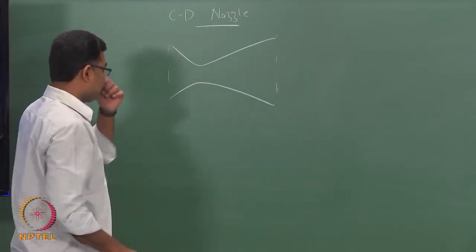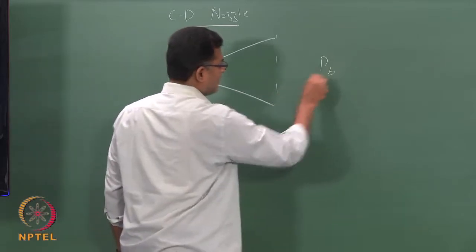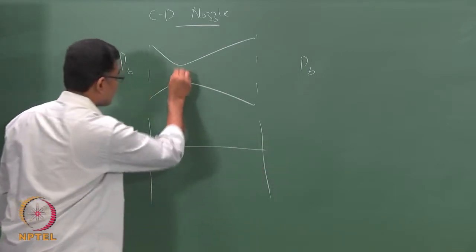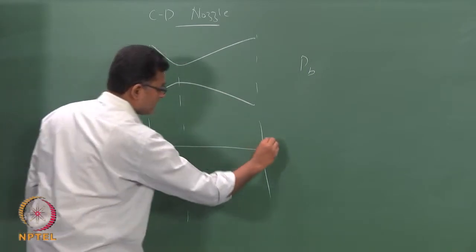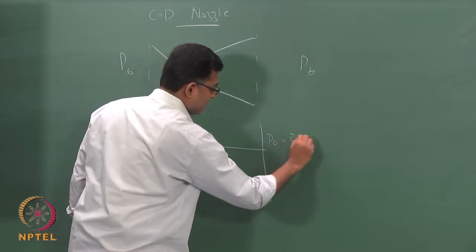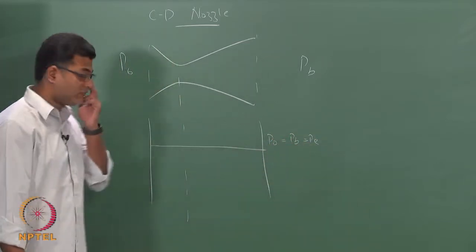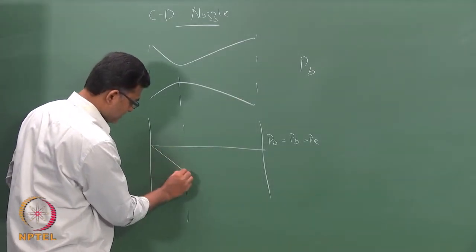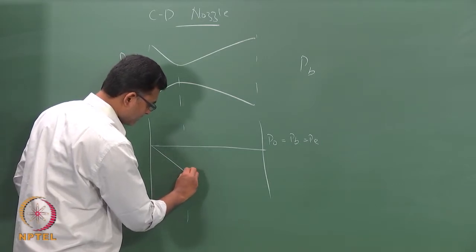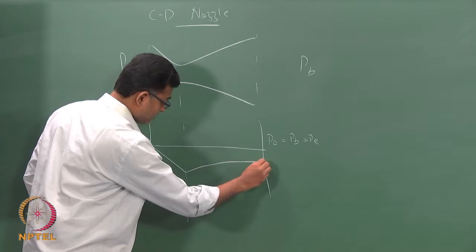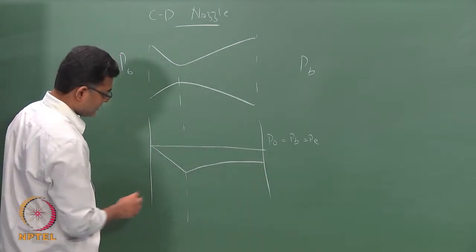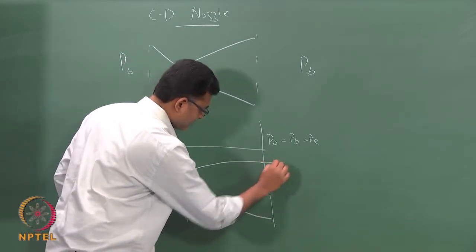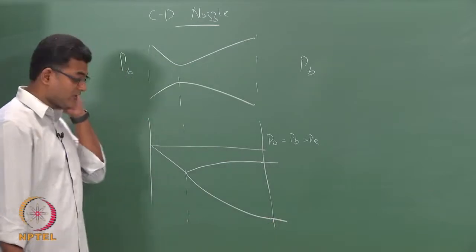we have a CD nozzle, and then depending on the back pressure here, we have scenarios. If I have the throat region here, when P0 is the same as PB, which is the same as P exit, there is no flow. When I slowly decrease my back pressure, you would get a throat condition which is choked, and in the diverging section you would get either a subsonic or a supersonic isentropic solution depending on the value of your back pressure.